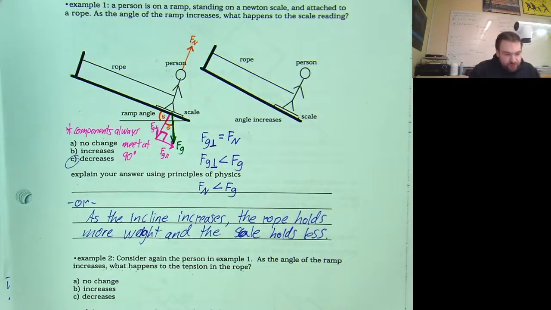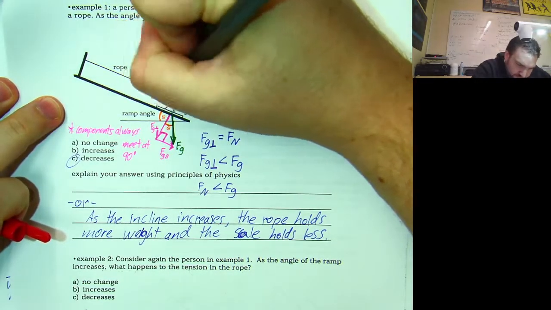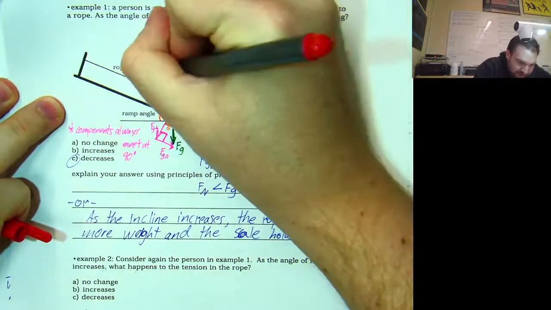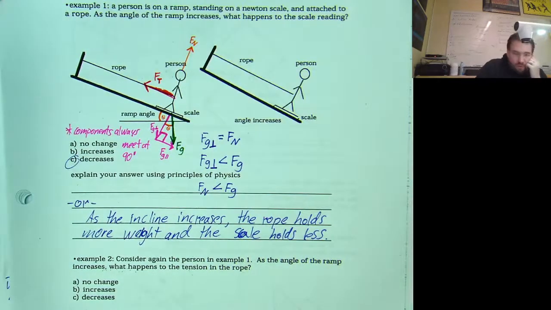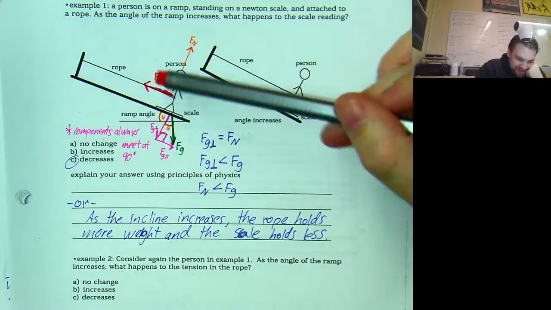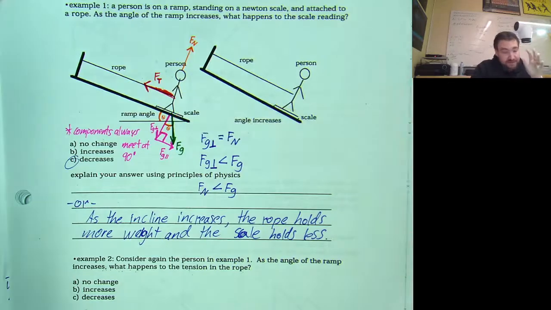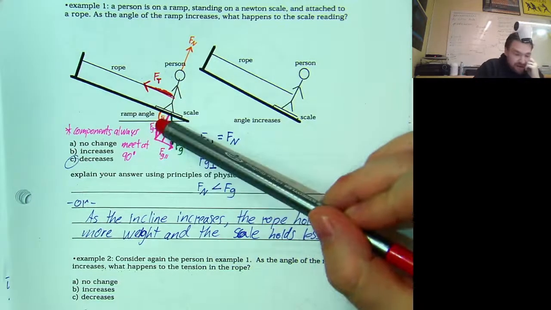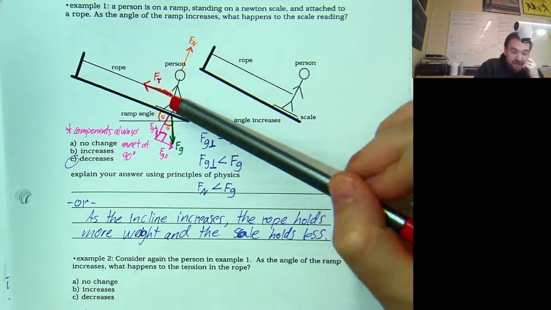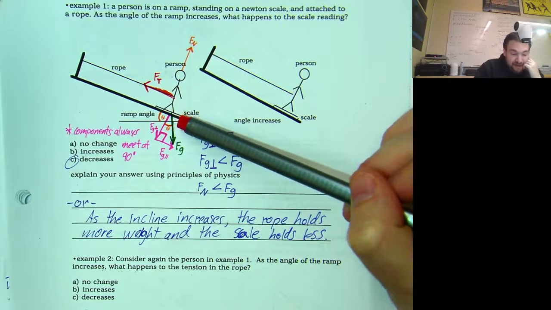And we can see that, well, what's the rope holding here? Let's continue the free body diagram. We've got the rope going up this way. We'll call that F tension in that rope there. Well, what is this thing going to be equal to? This guy's not moving here, and so we have to have forces that are balancing out any potential accelerations. Fn and Fg perpendicular are balancing each other. F tension has to be balanced by some other force parallel to the incline, and we have a force that